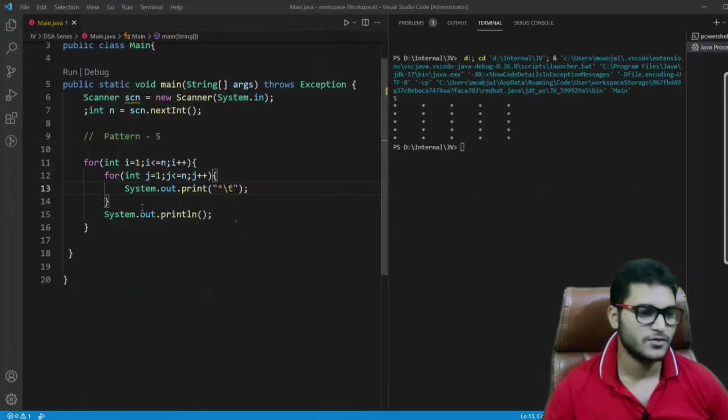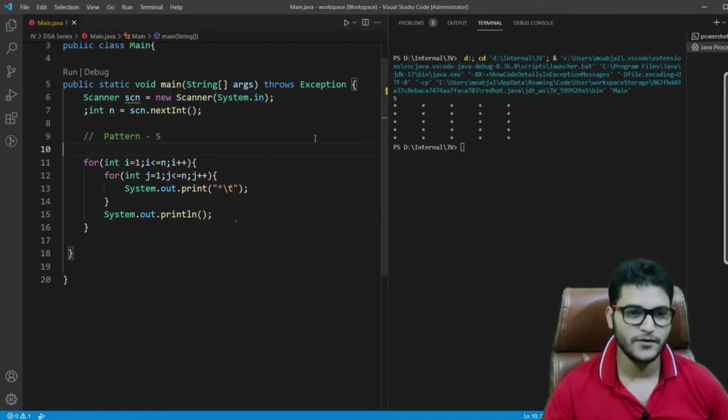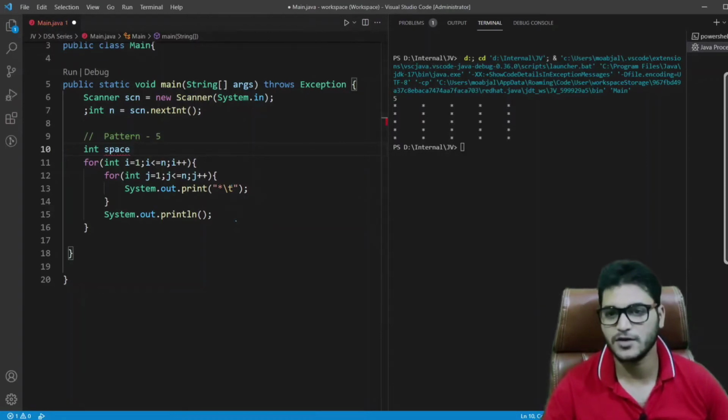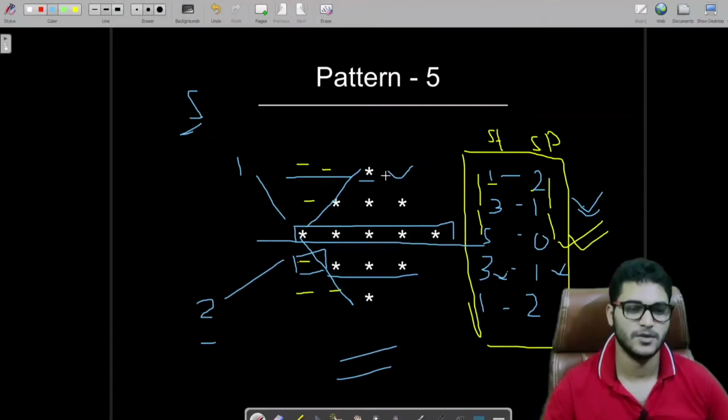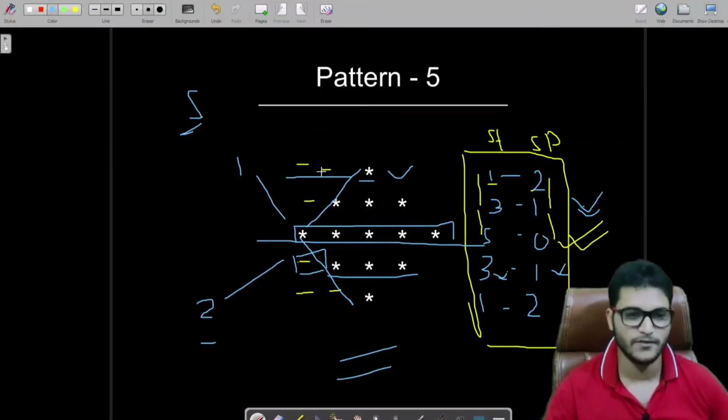So coming to the code, now we have printed our square. Now we have to take care of the number of stars and the number of spaces. We need to think about the initial condition also, because this would be our first step. In our first row we have 2 spaces and 1 star.